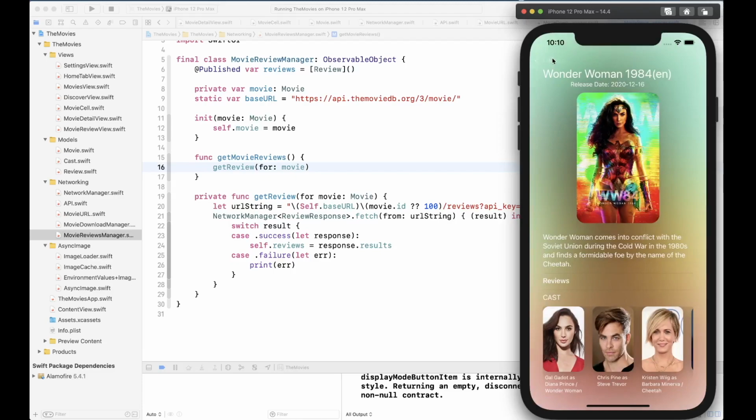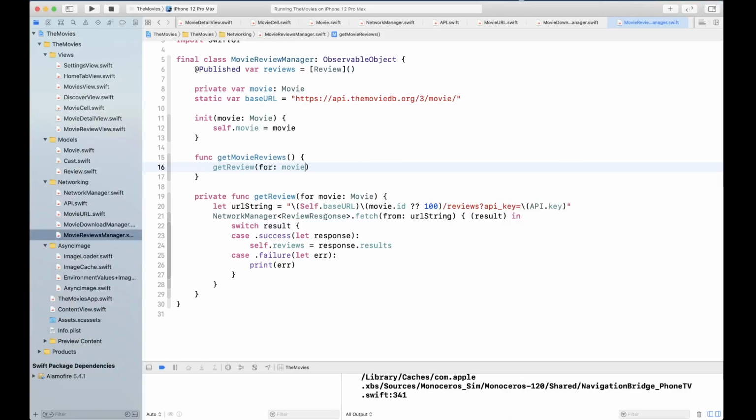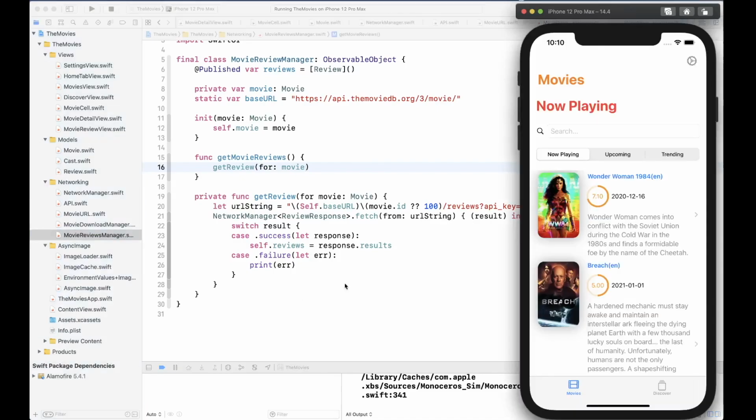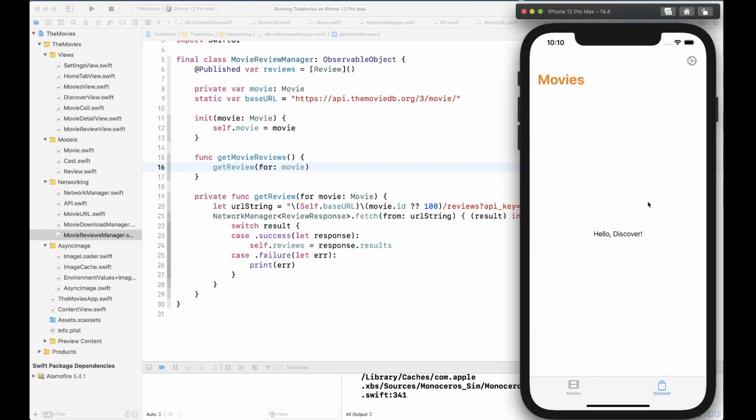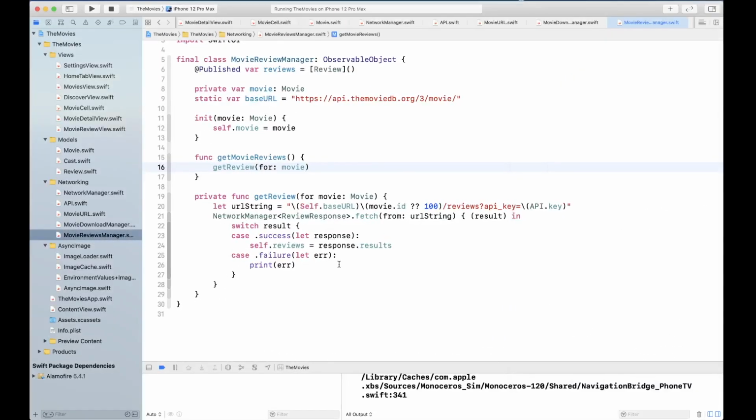Now we can actually continue. So next we're gonna create our discover view. So if you go back, our discover view still says, like, hello discover. There's nothing in it. So we're gonna create that using GeometryReader. We're gonna create that swipeable view that has movie cards in it. Okay, all right, so let's get our